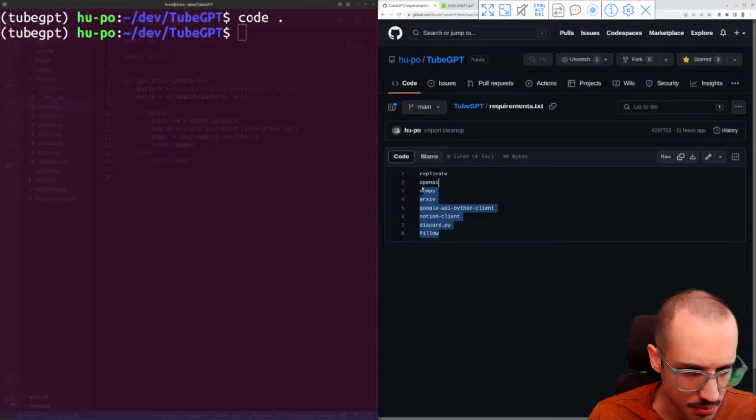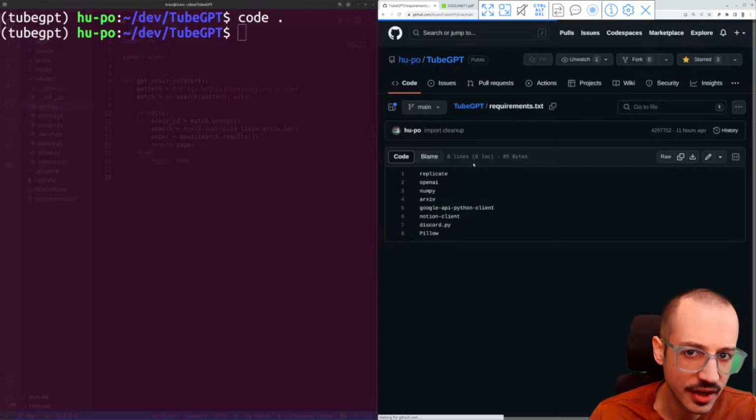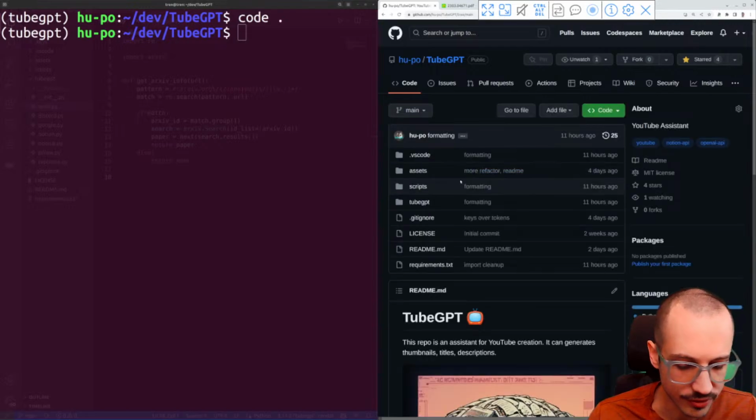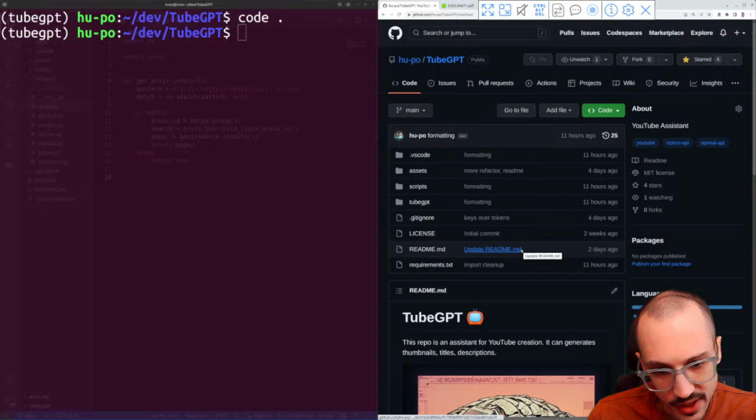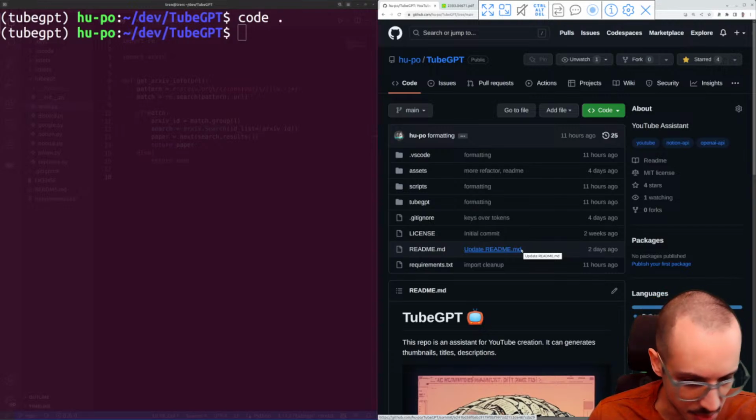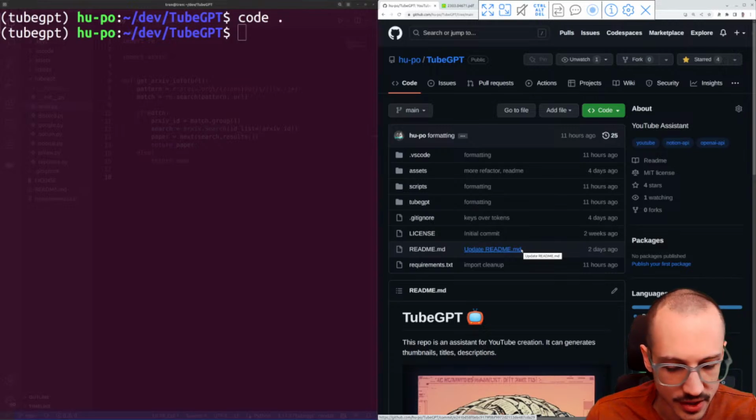But I decided not to pin any of these, just so that anytime I go into a new computer and download all these dependencies, it'll download the latest versions, and it'll force me to refactor anything or fix any bugs that might arise from a new version of the stuff. So different way of doing development. Sometimes you want to do development so that it works every time and it's kind of static, and you pin all the versions, you put them in a Docker container, and you never touch it again. But